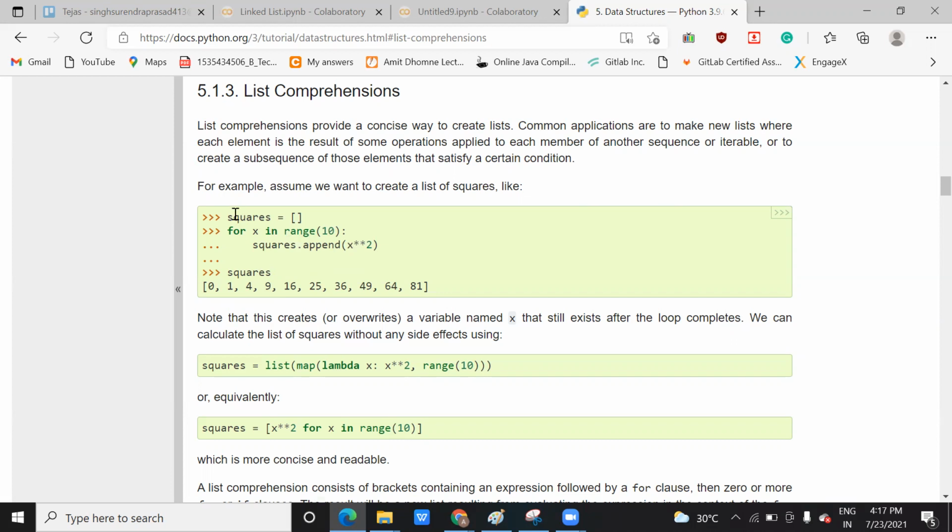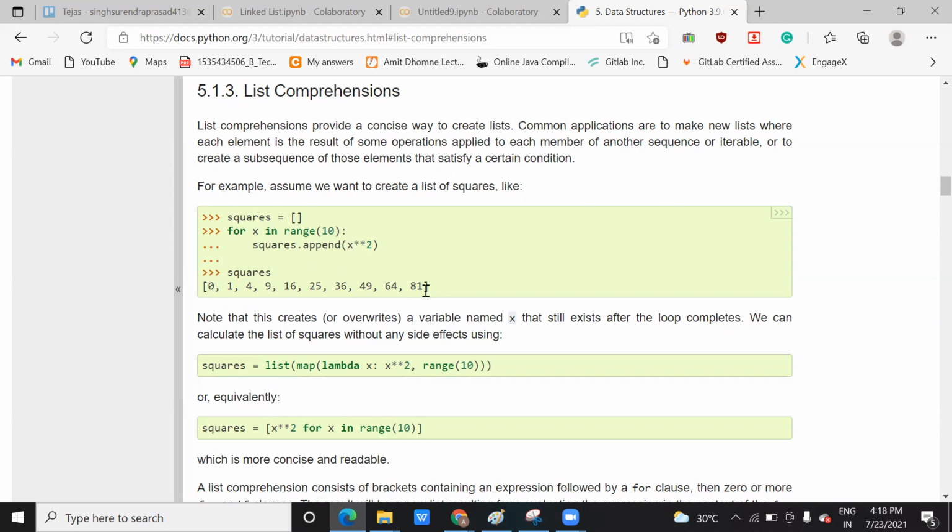Here squares is one list, and for x in range 10, x is your temporary variable, and its values range from 0 to 9, and on this you do the operation. Squares is an empty list, and the append function will append whatever output you obtain to this empty list. So finally you will get this kind of list content.